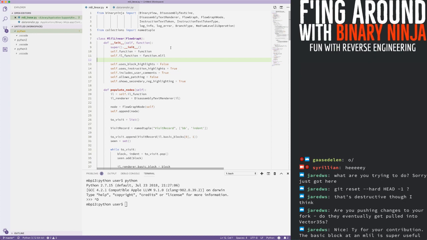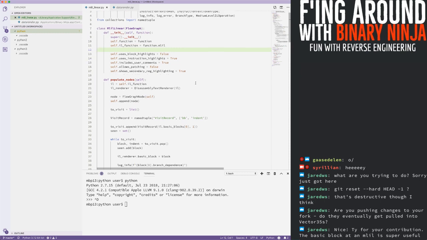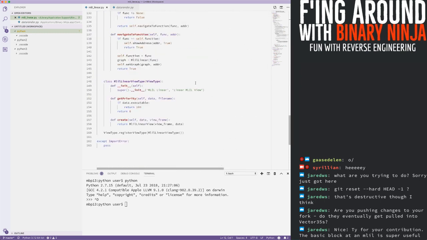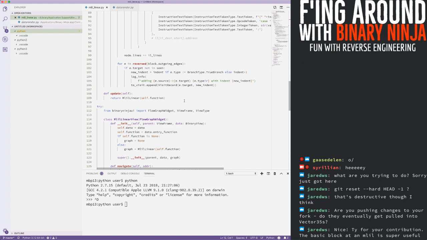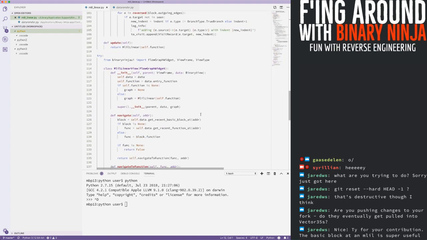So we were making a flow graph plugin last time that was then using a flow graph widget, and I actually moved some of this stuff around so that I can bring this into a normal thing. Oh, the basic block thing is not mine. The basic block thing was Ryan Snyder at Vector 35 added that during their little hackathon thing that they're doing